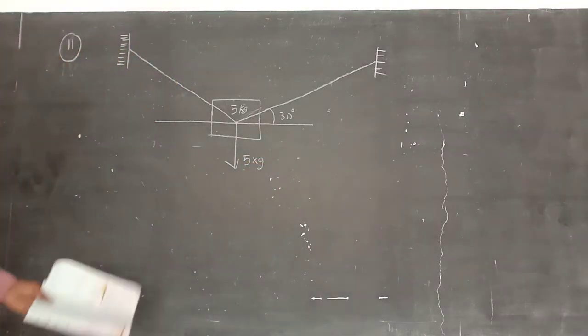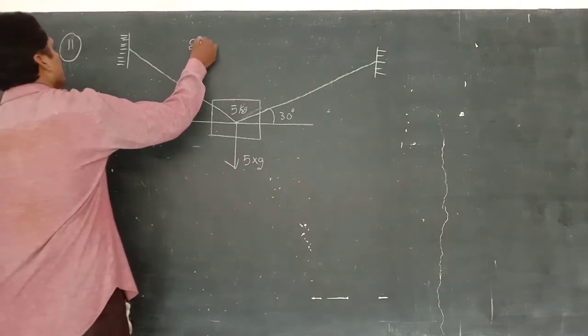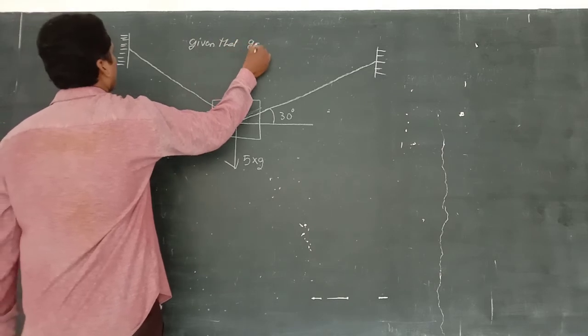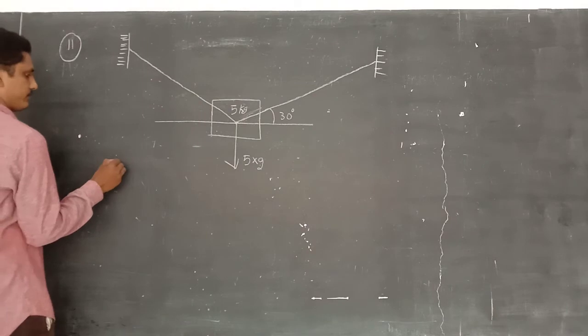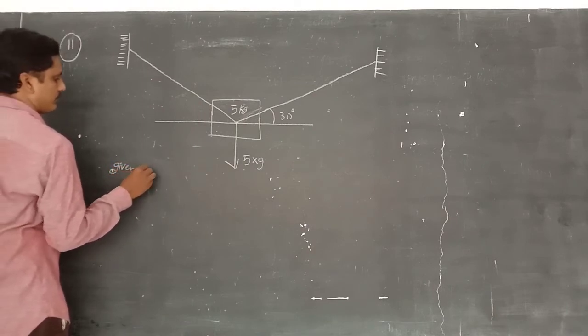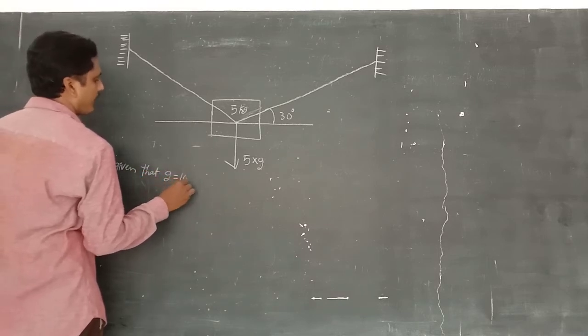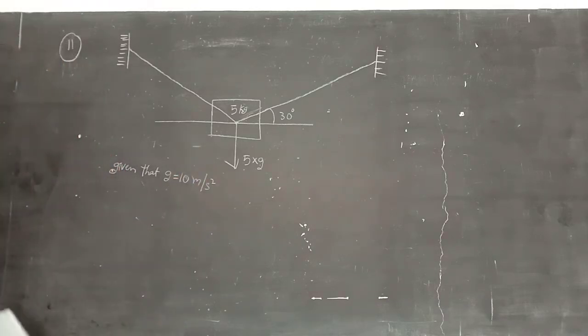Given that g is equal to 10 meter per second squared,